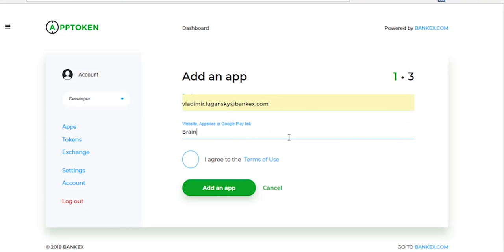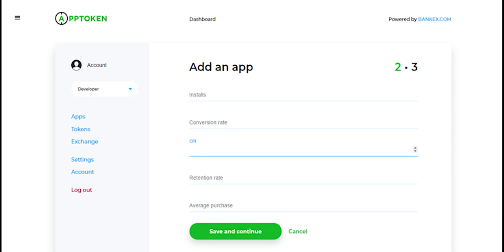In this demo, we will tokenize an app called BrainChain, a simple program that provides mini mental puzzles and games to increase mental agility and flexibility. Secondly, we see the Add an App screen. Here, the app developer provides BANKEX with information about his or her app. Currently, the app developer needs to complete this form manually, but soon BANKEX will make it possible to update the